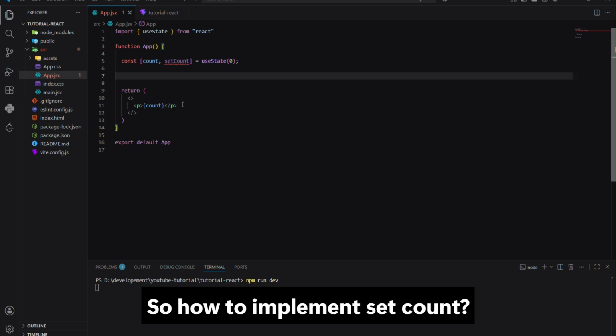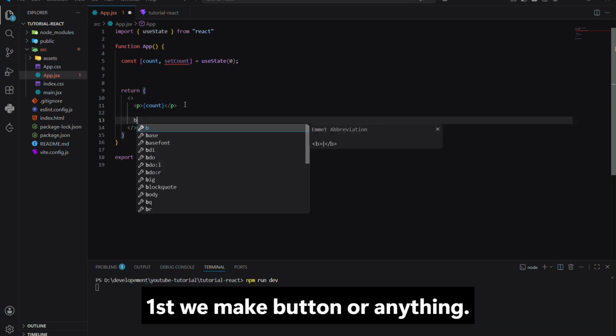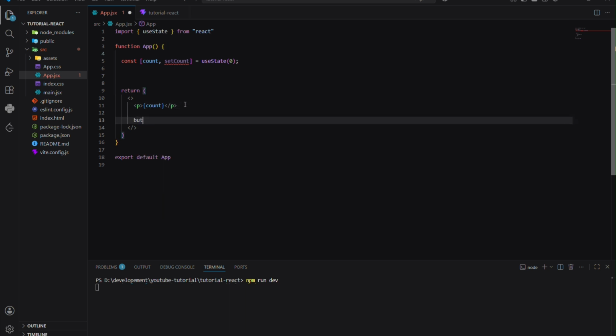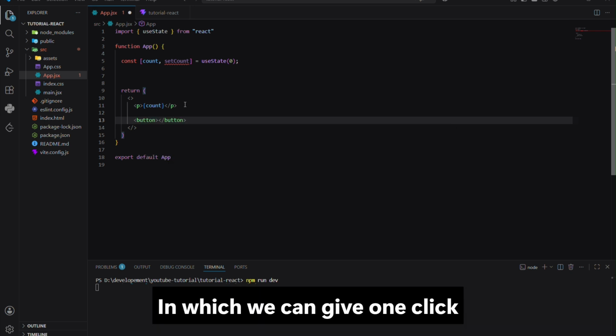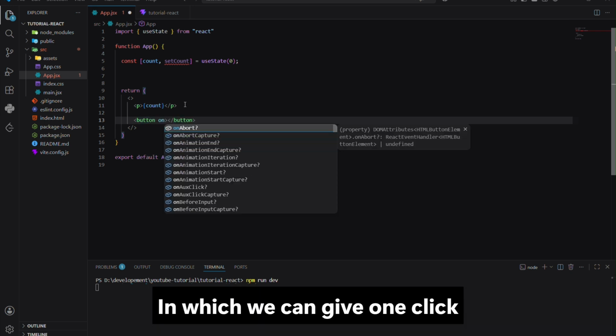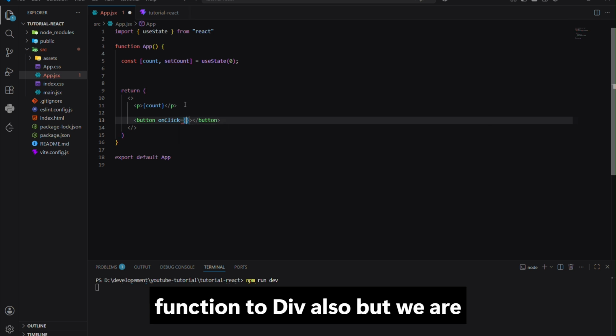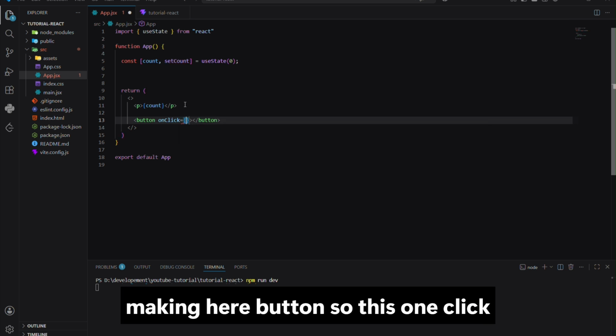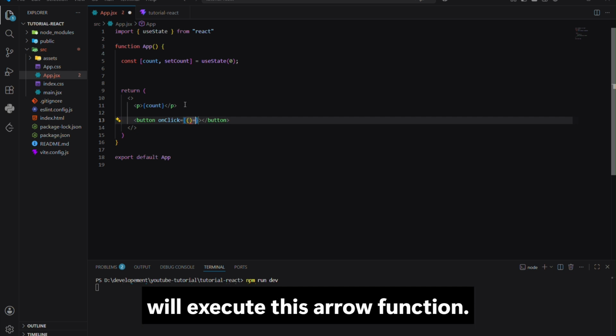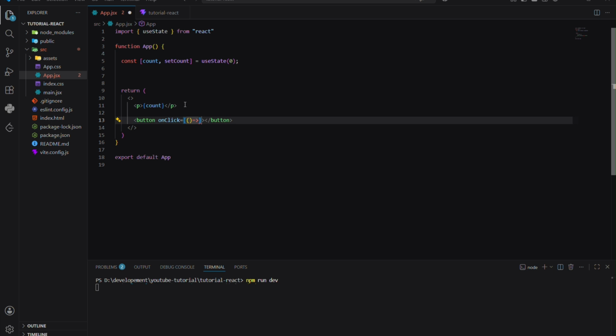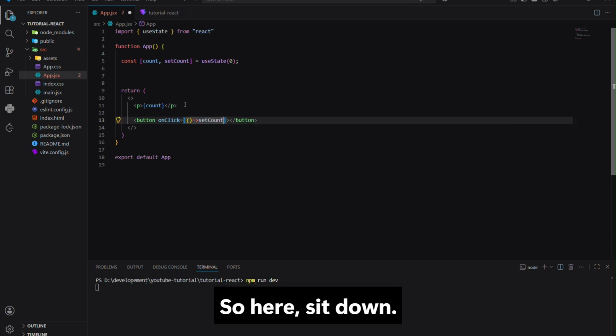So how to implement setCount? First we make a button or anything in which we can give an onClick function. We can give onClick to a div also, but we are making a button here. So this onClick will execute this arrow function. So here setCount